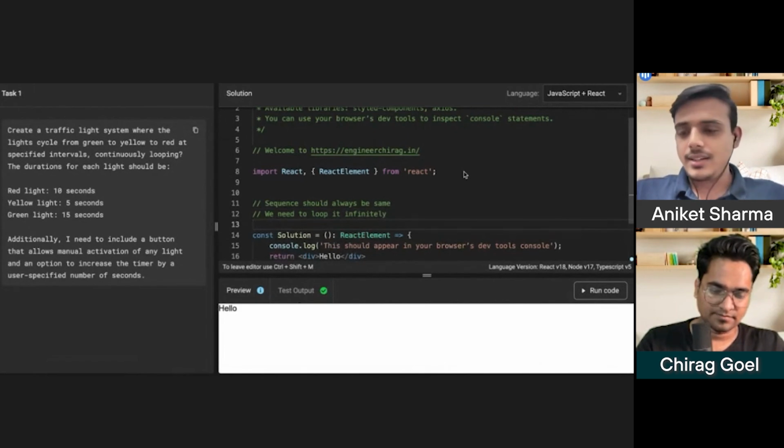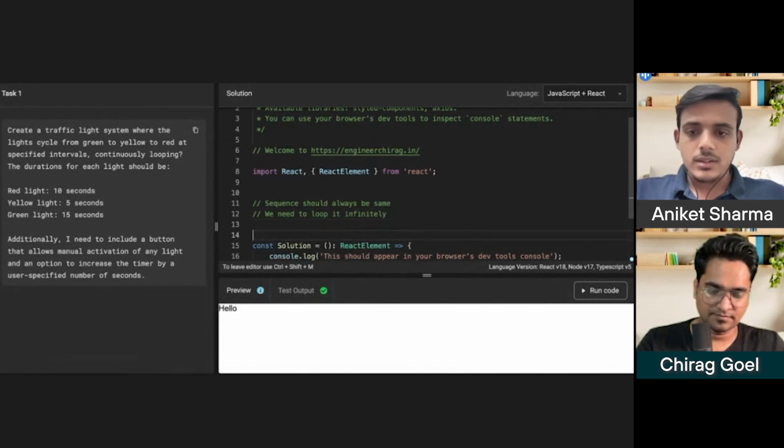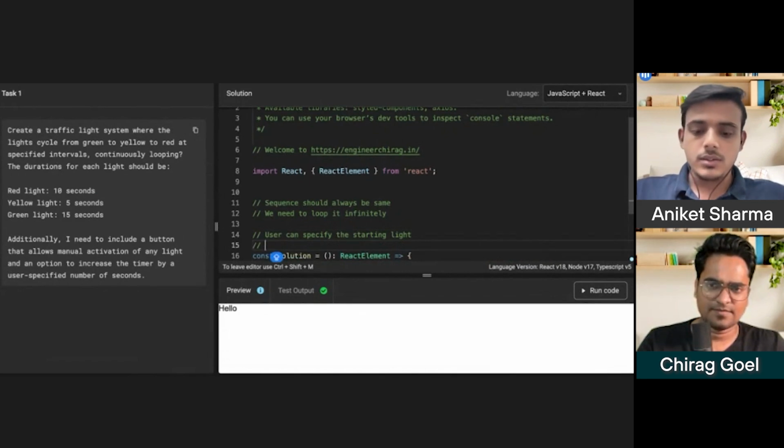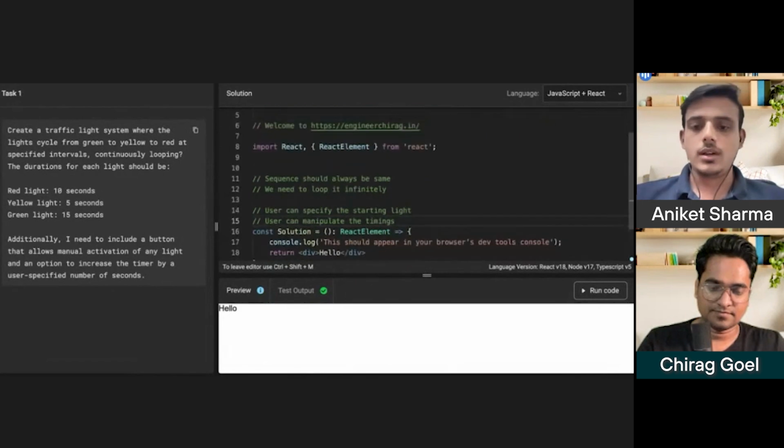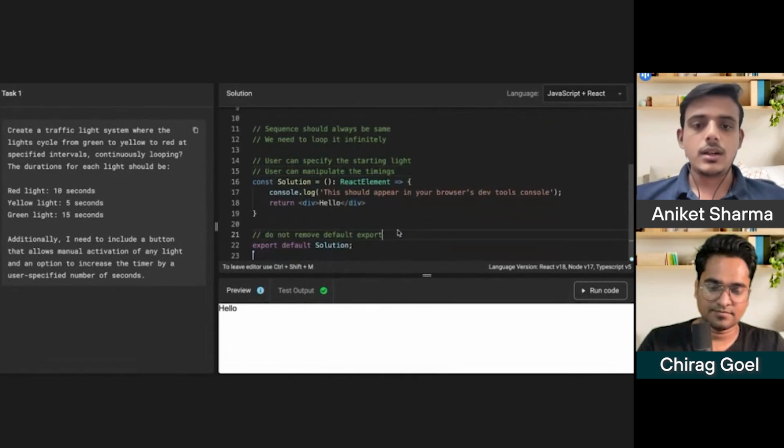And then the second part is the user can specify the starting light. And the third one is that the user can manipulate the timings. Right. Okay, timings. So let's start.